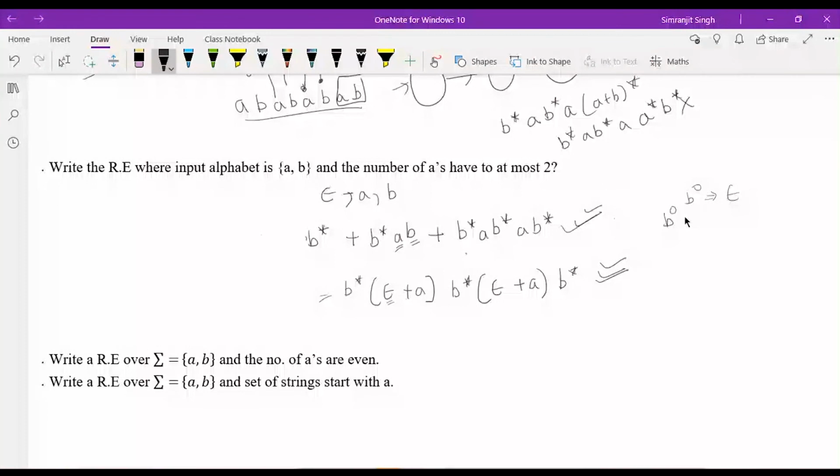I think most of you have got that this is the cleanest expression. So again, go for the same thing, that you just derive the language. This is also correct if you don't write epsilon explicitly. If you just use b raised to the power of 0, that is absolutely correct because there is a plus here, so it will be either this, this, or this at any time. So there is a possibility of epsilon by using this. If you see what Fanindra has done, he has listed every possibility and written a plus sign here.